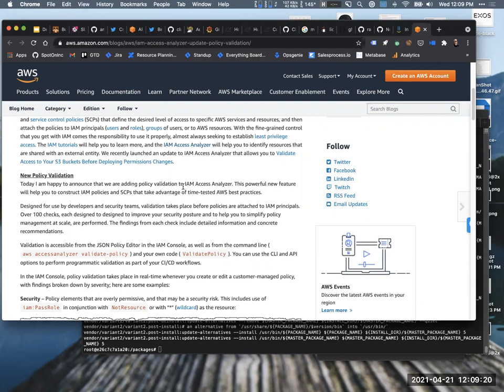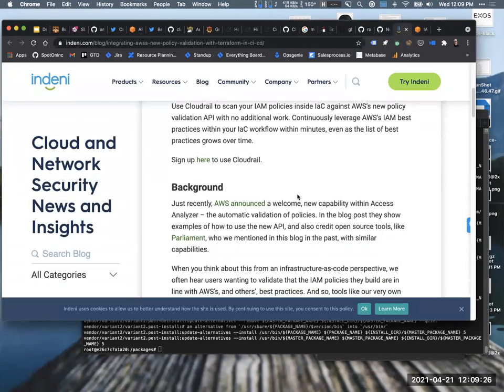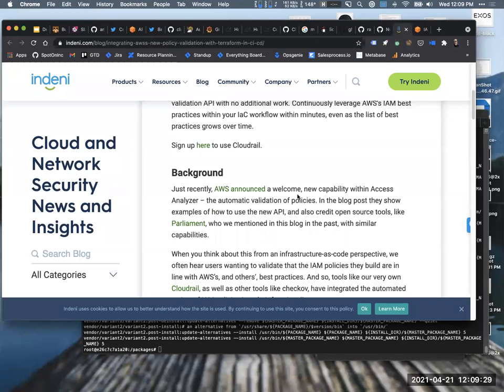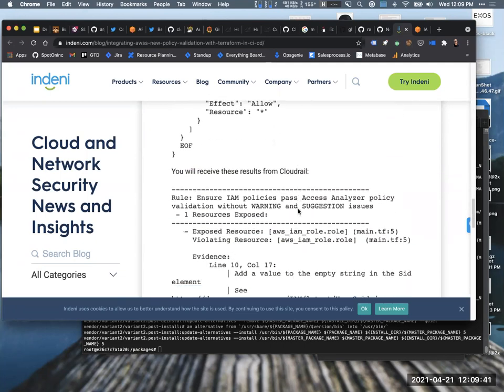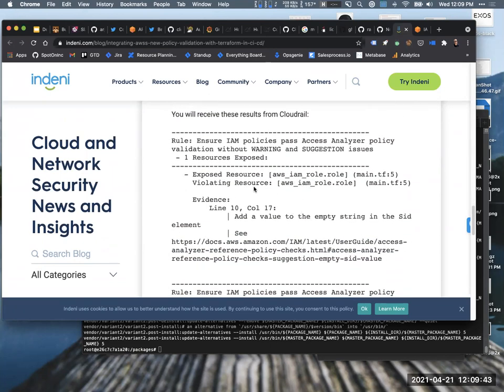And a guy called Victor, I don't remember his last name right now, Victor Grinberg, released a tool that allows you to pass a bunch of IAM policies to it, and that tool will call this API and give you the full result. But there was no way to do it easily in Terraform. So we decided to do it. By using CloudRail, what it does is it pulls all of the policies out of your Terraform code and sends them one by one, actually in parallel, to the validate policy API. Right? Yeah. So in your Terraform plan,